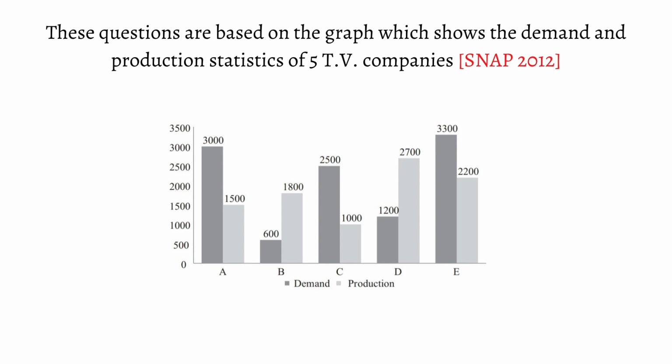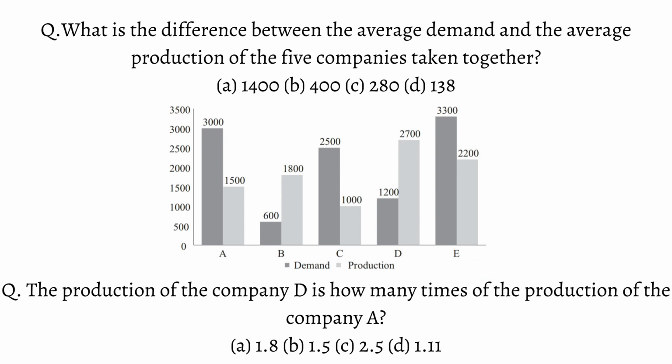So the graph shows the demand and production statistics of 5 TV companies. If you observe this gray color, this is the demand, and this light color is the production value, right? And company A, company B, company C, D and E, 5 television companies. So the first question is, what is the difference between the average demand and the average production of the 5